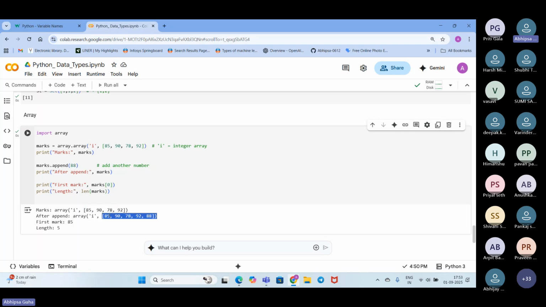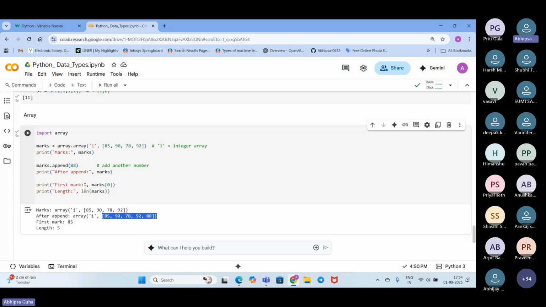It gives 85 under index 0, 90 under index 1, 78 under index 2, 92 under index 3, and 88 under index 4. If there are n variables in an array or list, then up to n minus 1 will be the index value the array or list covers.